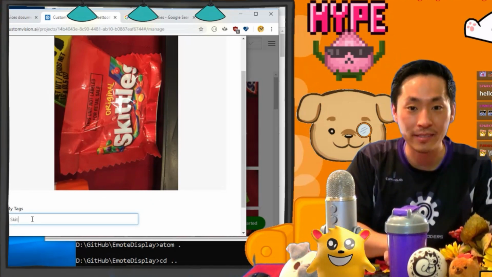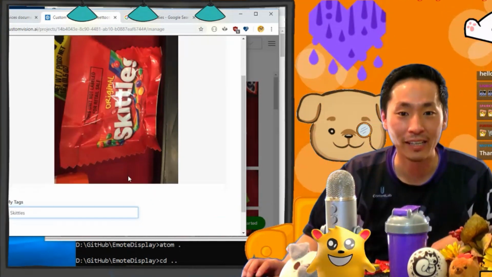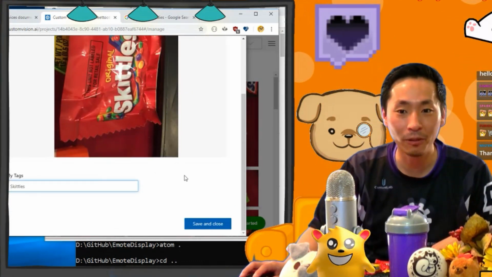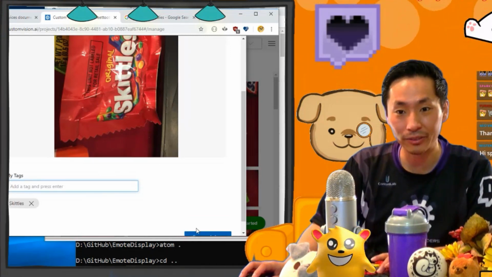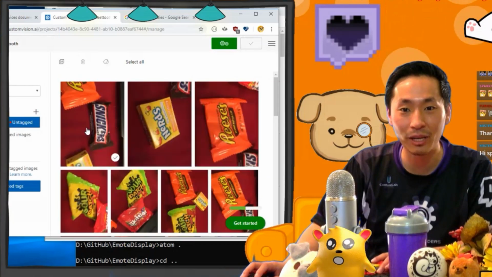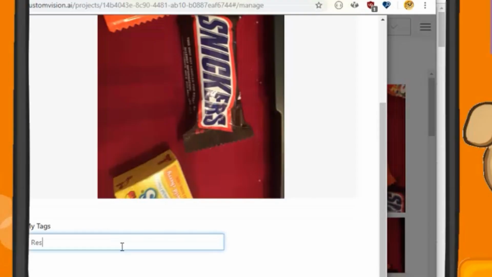By tagging, it means not like a playground game tag. You're labeling them. You're labeling the photos with what is inside the photo. And so you can just be like, Skittles, there's Skittles in here. I can taste the rainbow already. Let's see, we got Reese's, we got Snickers, Nerds,